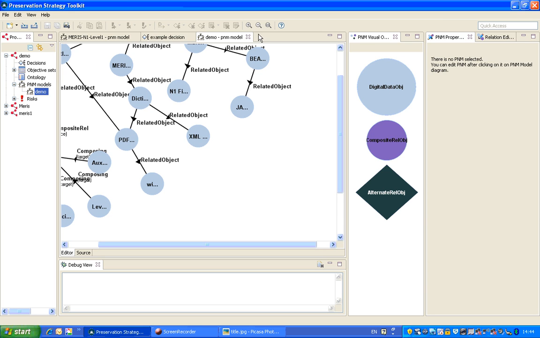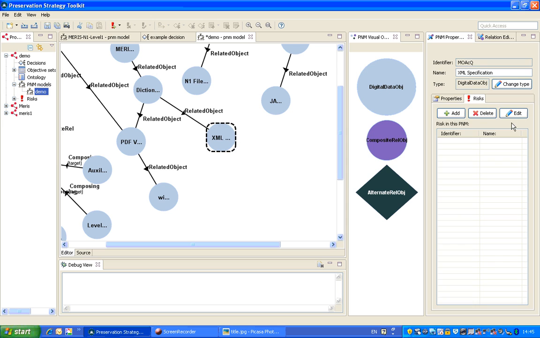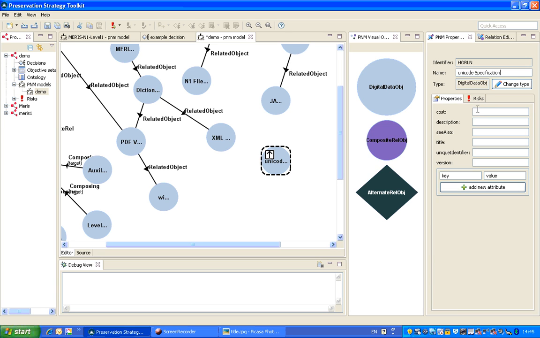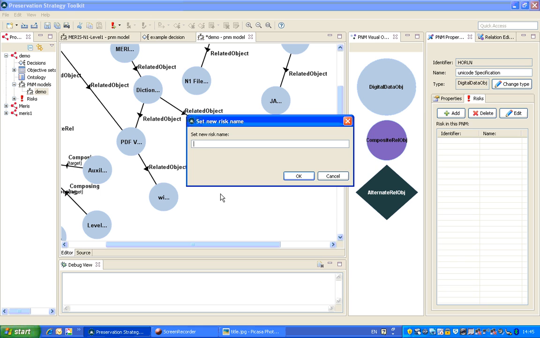First, we will create a simple dependency between two digital objects. We say that to preserve this XML specification for the long term, we also need to preserve another digital object, and we'll call this unit code specification. We want to capture the preservation cost for doing this. We say this costs us about £100 to do so, and we also want to add a risk that we know about this object, and we say